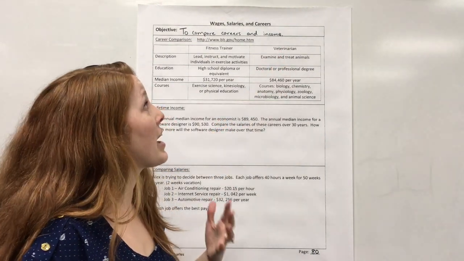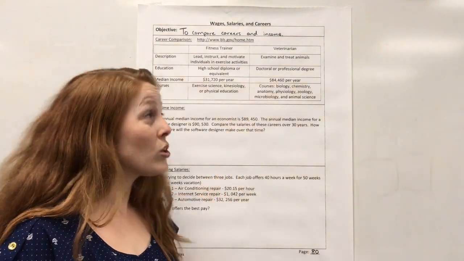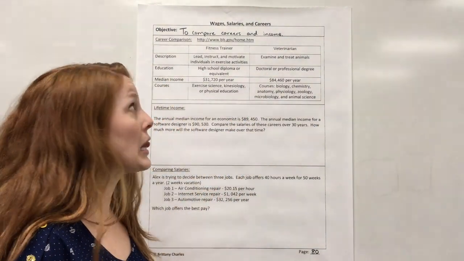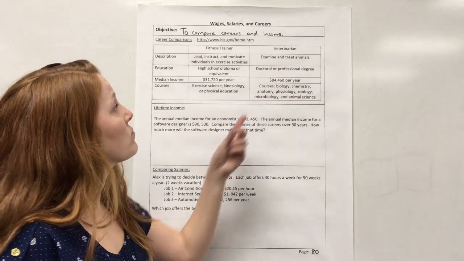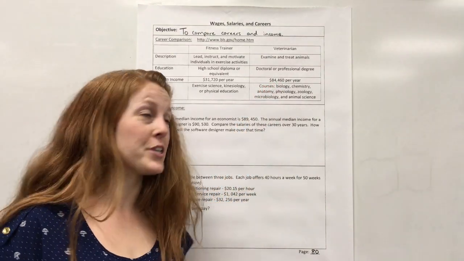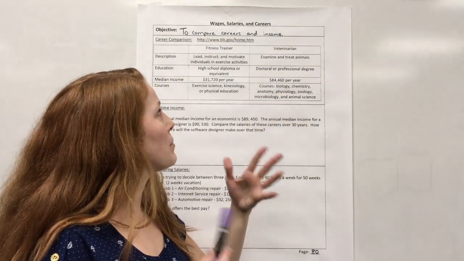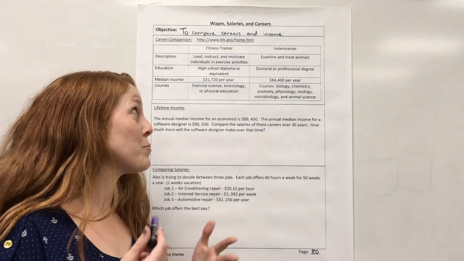Veterinarian, they examine and treat animals. They need a doctoral or professional degree, so that's a lot more schooling. Okay, they make around $84,460 per year, and courses that they would need to focus on would be biology, chemistry, anatomy, physiology, zoology, microbiology,